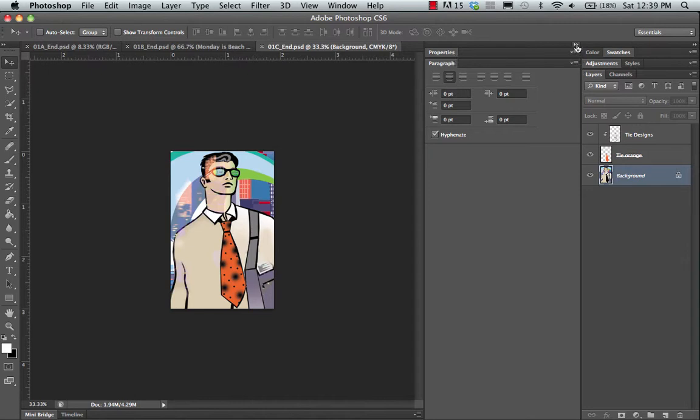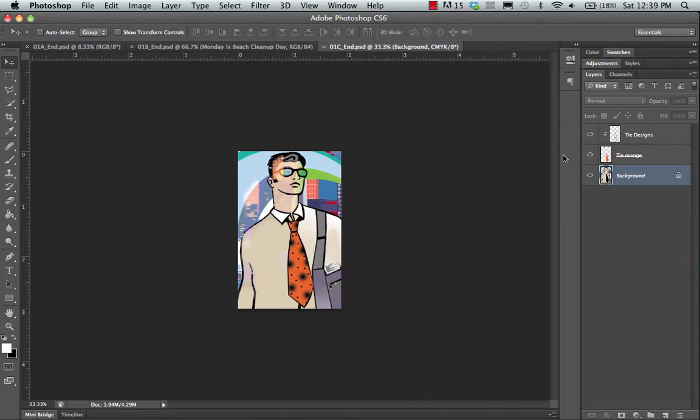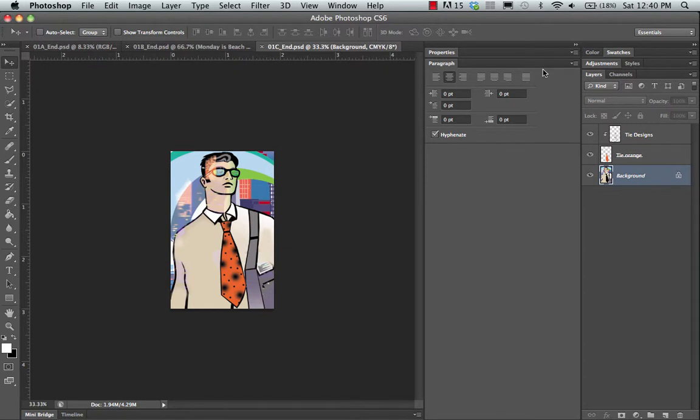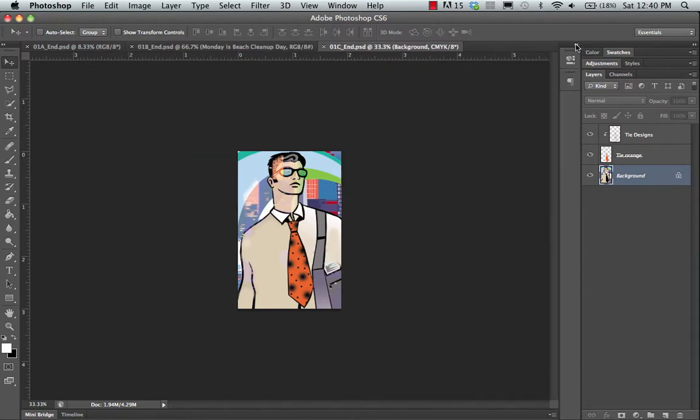Alright, if you click on the double arrow again, it goes back down to the icons. Until you get familiar with the icons, you might want to open these up and remind yourself of what the icons are. So the other thing that you can do is you can go ahead and drag, let's say that you want all of them to be icons, you could